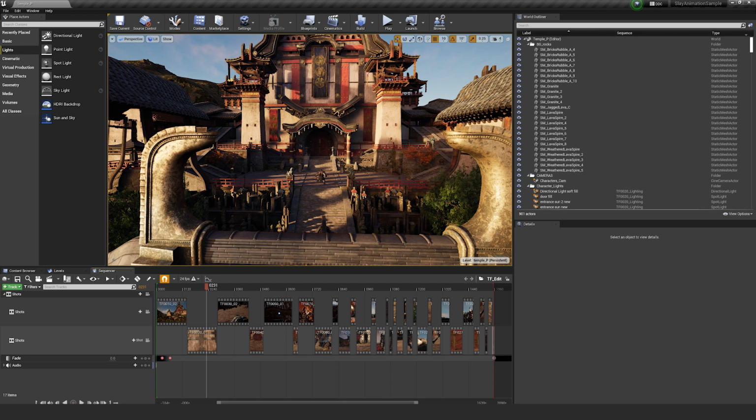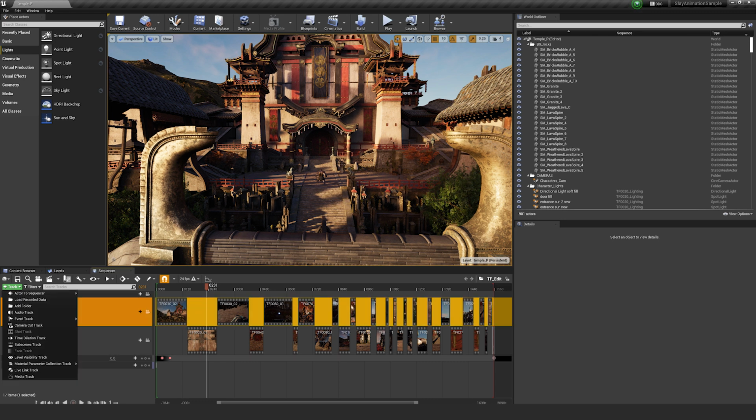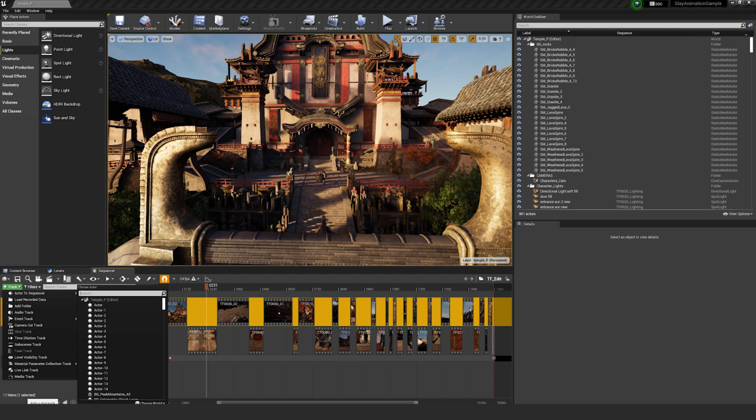And so what we've done here in Slay is on the left-hand side, there's a thing called shots, which are your sequencers. In order to bring that in, you click on track and then shot track. It's currently grayed out because we're currently using it, so it's not going to show up. But when you're doing this for the first time, that will generate that.